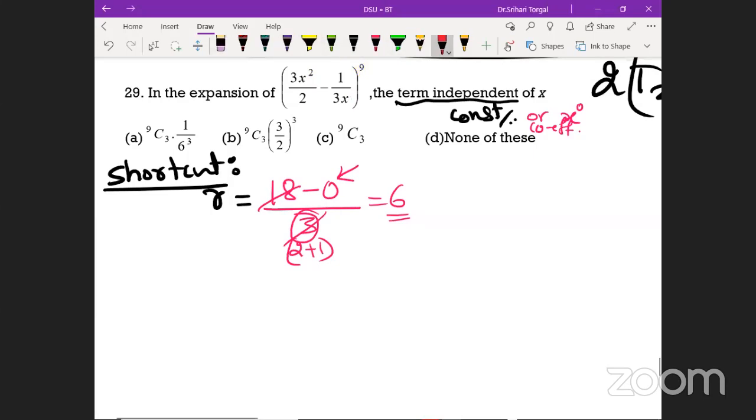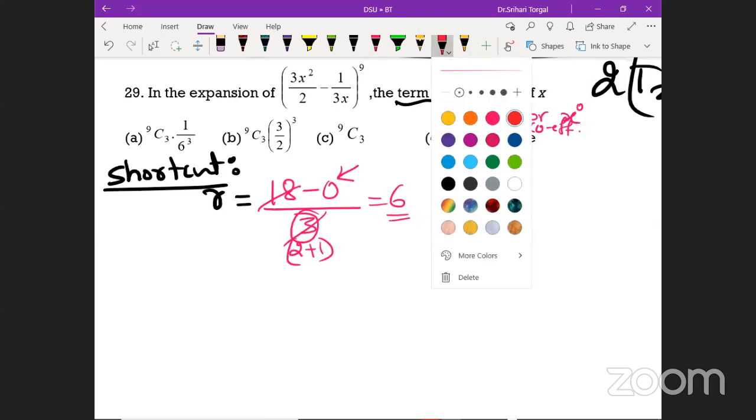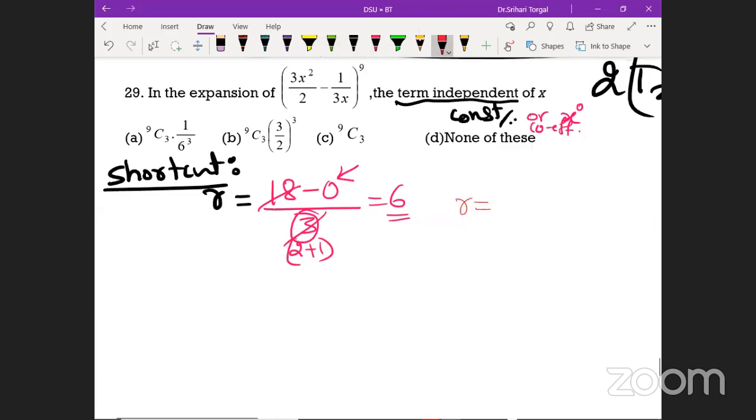To find the value of R, you need to multiply these two. 9 2s are 18 minus. You need the coefficient of what? X power 0 divided by